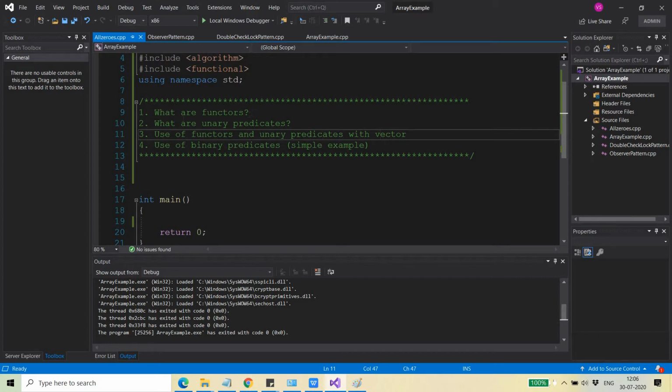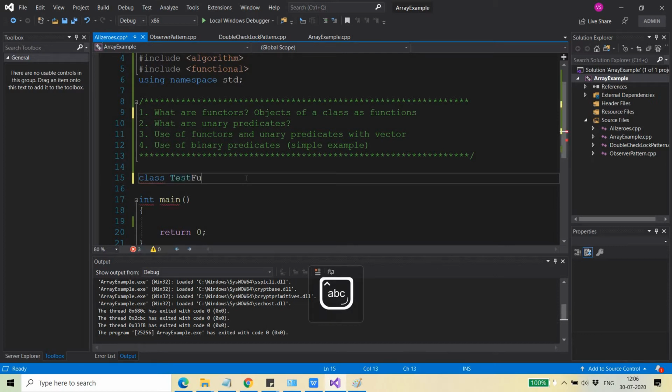So today I'm going to first discuss the functors. What are functors? Functors are nothing but objects of a class used as functions, which means that whenever we create an object of a class, that object of the class can be used as a function. How can we do that? Let's see. Let's write a class, test functor,